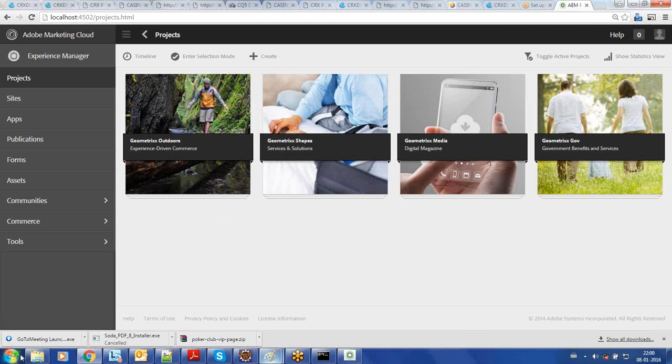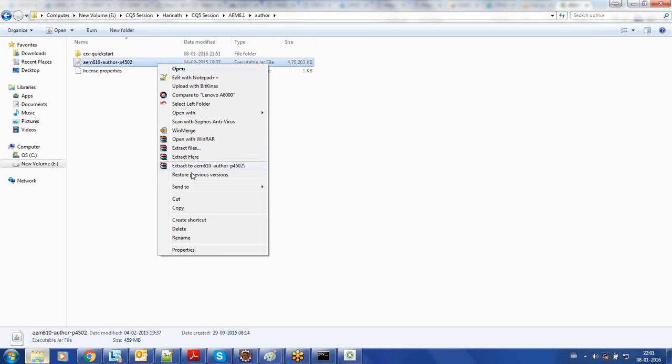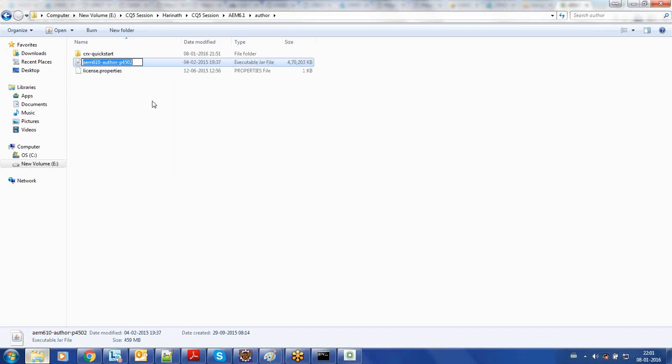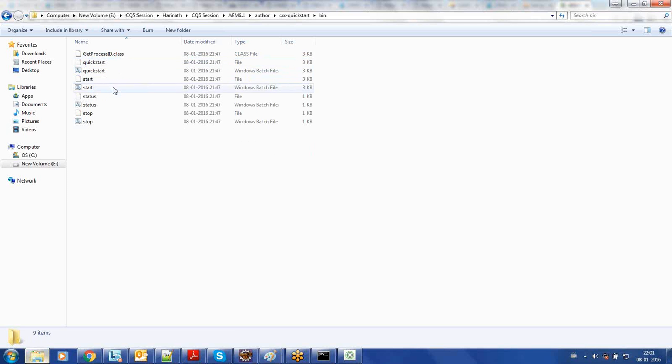The default port you need to give is 4502. If you want to change the default port, right click. You can change it before starting. After starting, even if you change it, it will not affect. Remember, why? Because once you start the server, it is automatically exploded. The server has exploded. See, inside it has created a lot of folder structure. If you go to bin, if you go to the start.bat file,